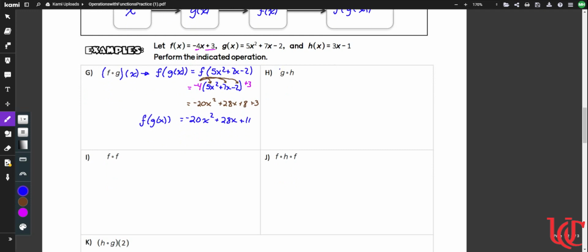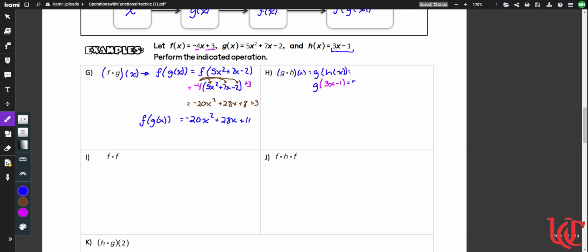So remember, this is g of h of x. So this is the same thing as g of h of x. We're replacing that h of x with the 3x minus 1. So this is the same thing as g, and then I'm going to replace the 3x minus 1 because that is worth the same thing as h of x. I lost a parenthesis here. All right, so this tells me I'm going to my g function. I'm going to replace all my x's with this pink. So this is going to equal,